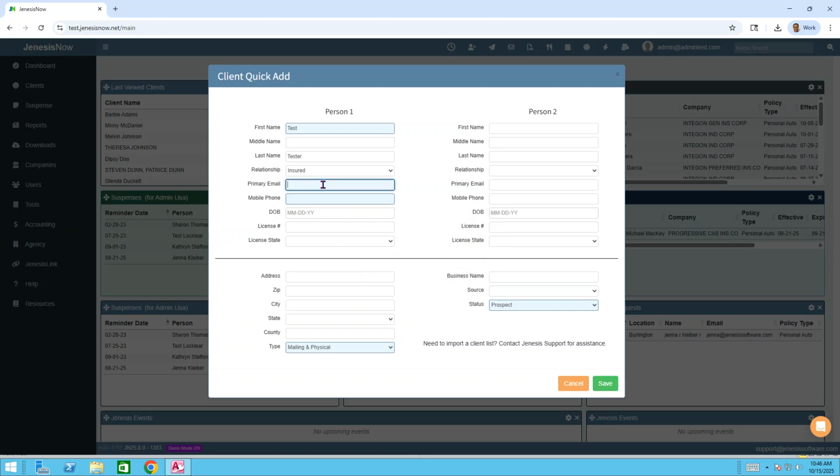So I'll click an email, testing at yahoo.com, and I click save. But again, it lets me know your agency requires that new clients must have a phone number. I'll input a phone number